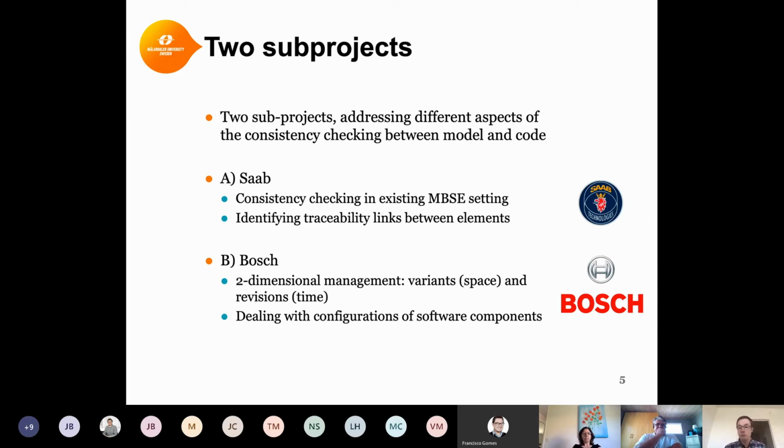So in this sub-project, we focus on devising means to appropriately model these kinds of systems and enhancing existing simple consistency checks to make them aware of different variants and revisions. So that concludes the introduction of the project context and its constituent parts. I will now go through both of the sub-projects and discuss in a bit more detail what we are trying to do, what we achieved so far, and what we plan to do during the next sprints.